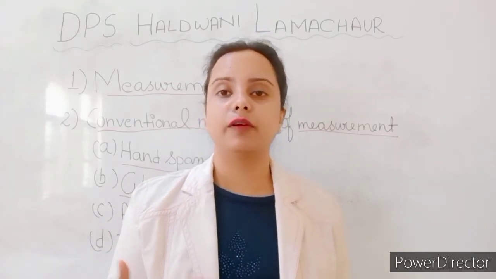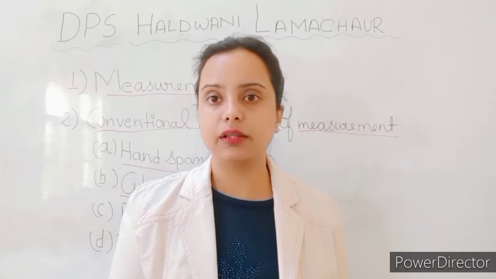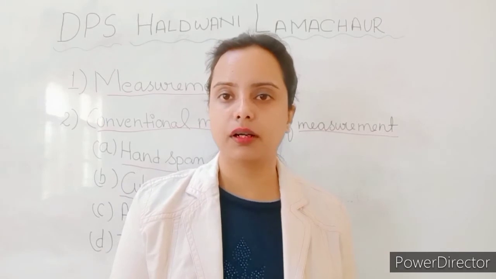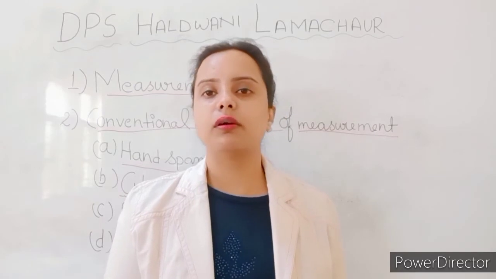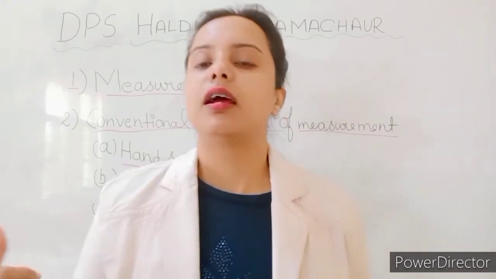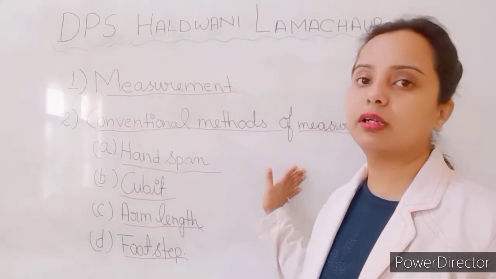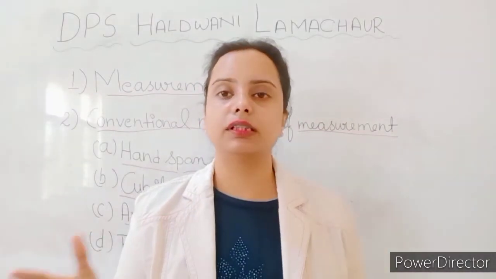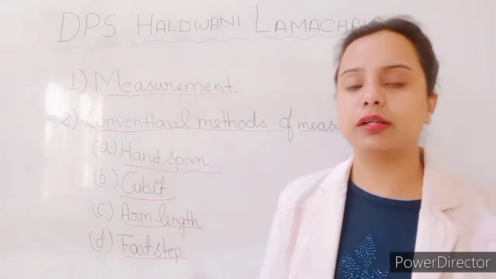Or if a person whose foot is bigger than yours measures, then according to that person the length of the room is less. So the length of any object varies if we adopt this conventional method of measurement, because according to the person, the length of an object varies. So we cannot rely upon this method.